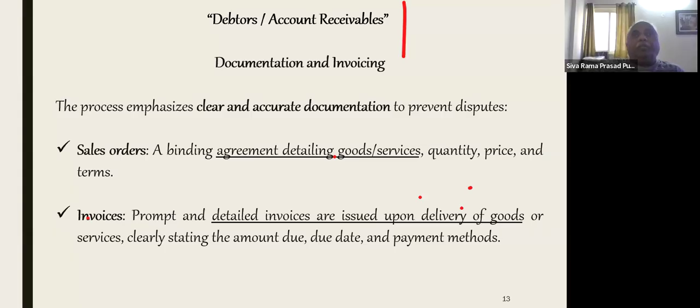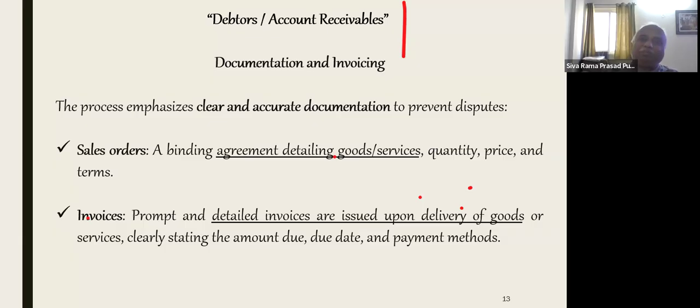So documentation is also very, very important. Once documentation is there, if he does not pay, then these documents are useful for the corporate debtor to recover the amount through the courts also. The process of emphasizing clear and accurate documentation